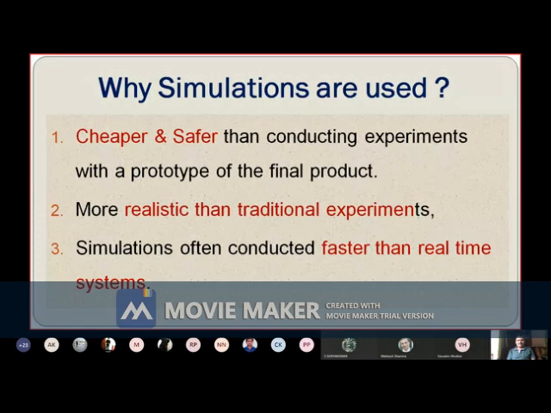Second, simulations are often conducted faster than real-time. Suppose I have a car battery, and I want to study its behavior for different currents. Suppose I connect a 0.5 ampere load to the battery.